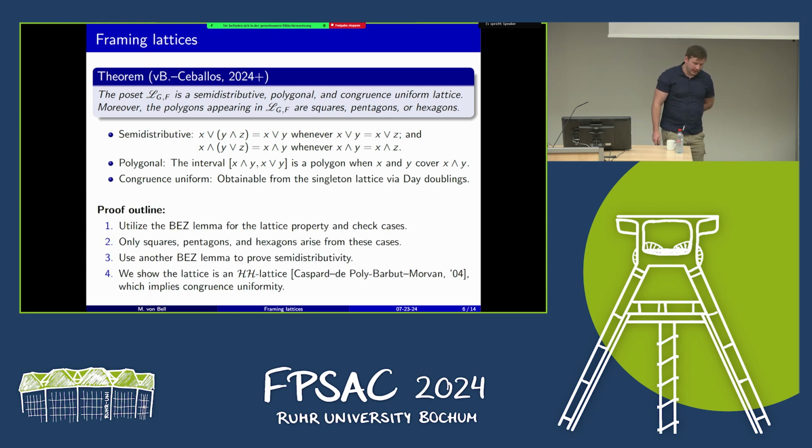And so how to prove this? Well, we utilize a very convenient and nice lemma by Björner, Edelman, and Ziegler that lets you prove the lattice property by checking the cases where 2 elements cover a single element and showing that they have a join. Then that suffices to prove that the entire poset is a lattice under some nice conditions like finiteness, and I think it must have a 0 hat, a bottom element. But then we check cases